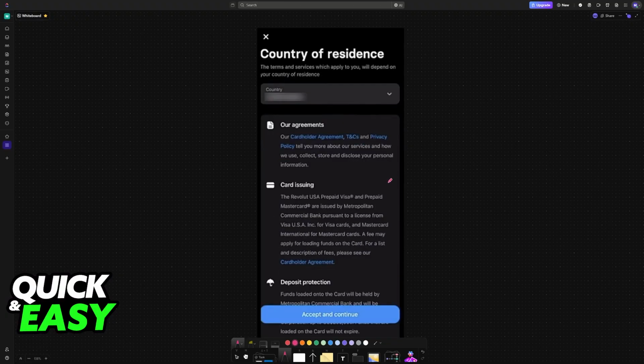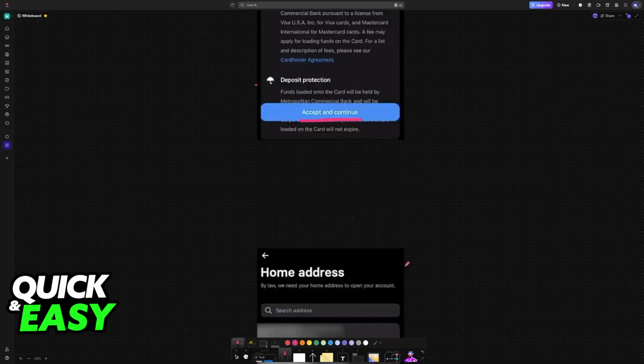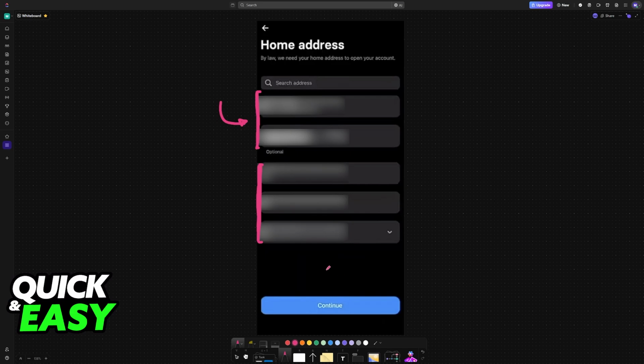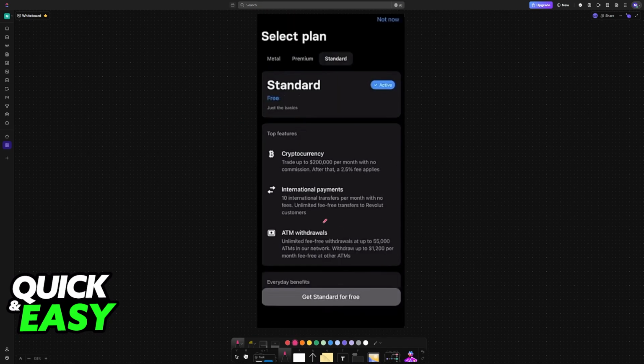Next, you will have to verify a lot of personal information, starting with your country of residence. So once again, choose France. Be aware of all the agreements, card issuing, deposit protection, and other legal information. If everything looks okay, tap accept and continue, and then input your address. You can use the search function to fill out most of the details, or manually input the mandatory and optional information. Once everything has been filled, once again tap continue, and finally you will be able to browse through all